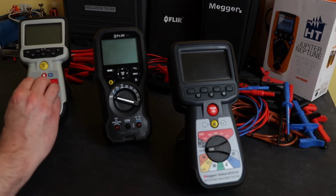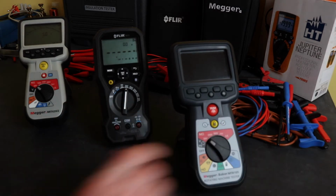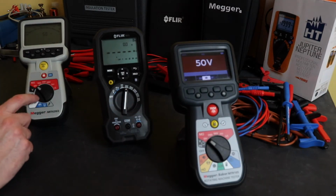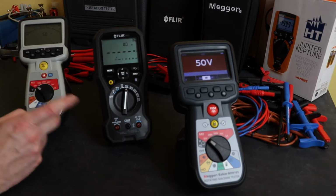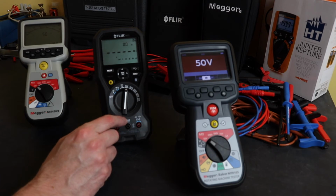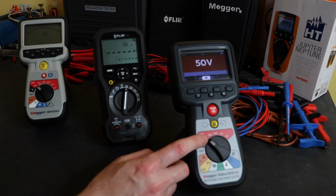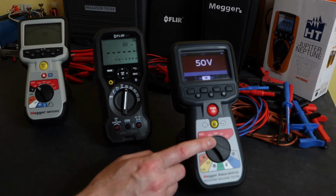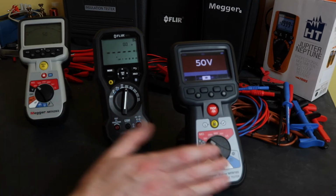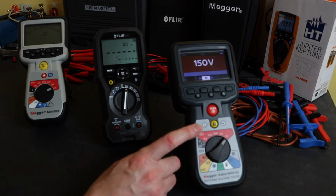Okay, so we'll look at the insulation test function first on these instruments. As you can see there, for all the instruments the test voltage is selected from the rotary function switch here, 50 to 1000 volts, 100 volt, 250, 500 volt steps on the MIT 420, and that matches the Flir IM75. However, the Megger does not have a 100 volt fixed setting. It's 50, 250, 500, 1 kV for the MTR105 here, but both of the Megger units do have a variable function at the end,